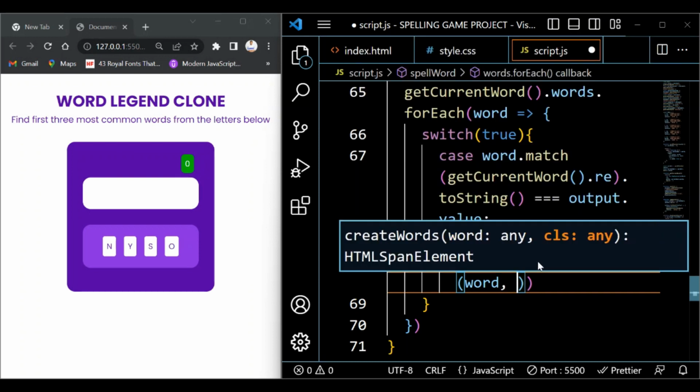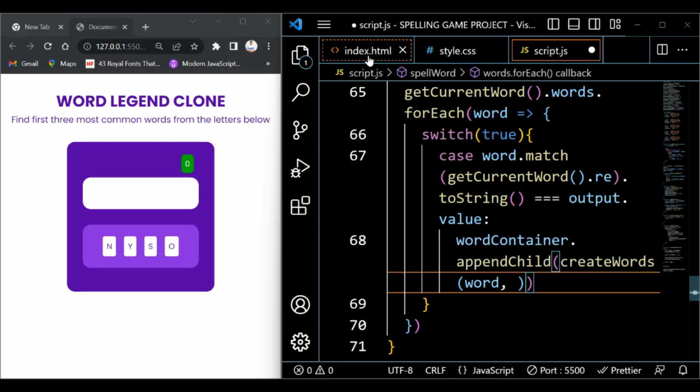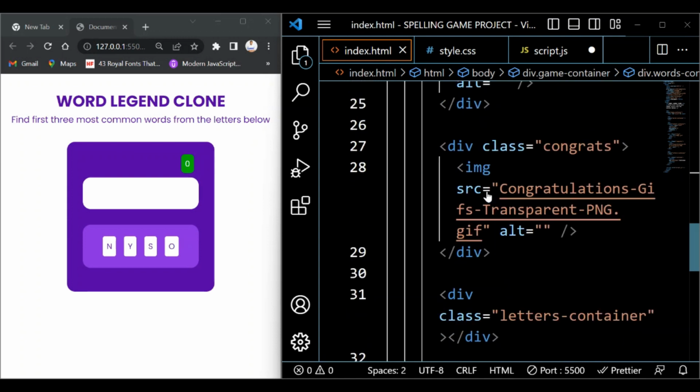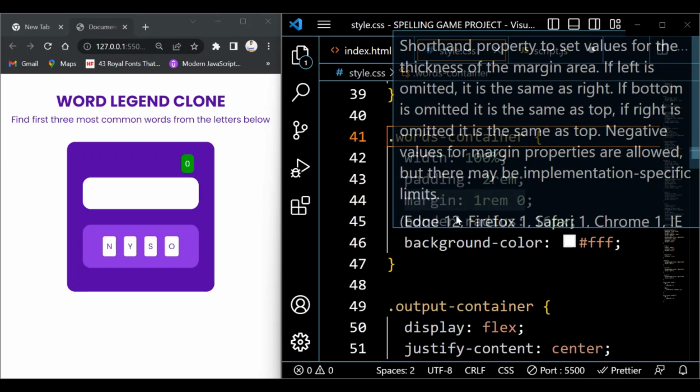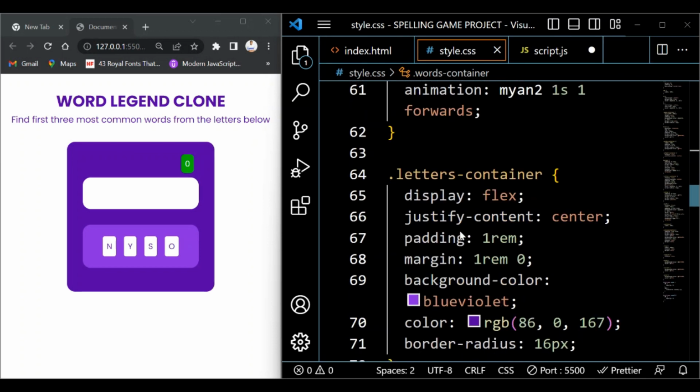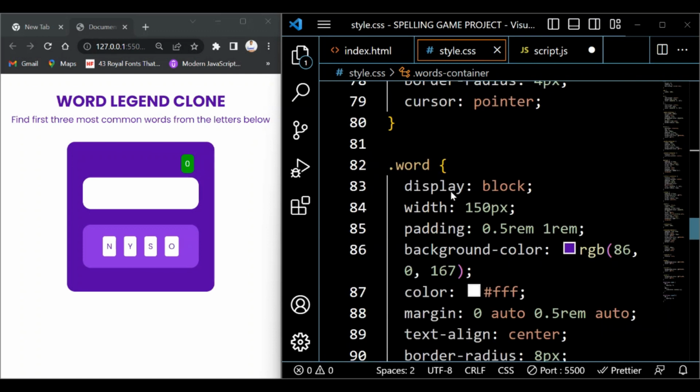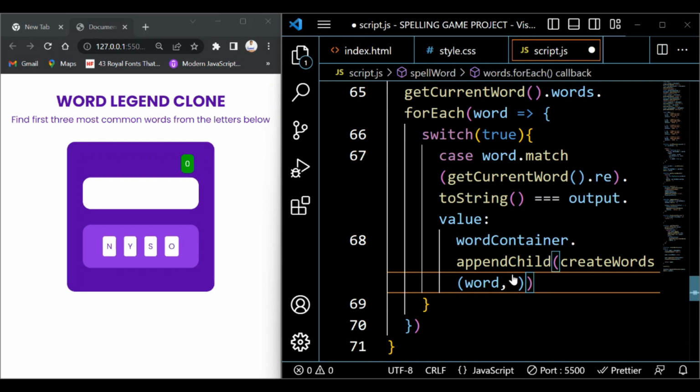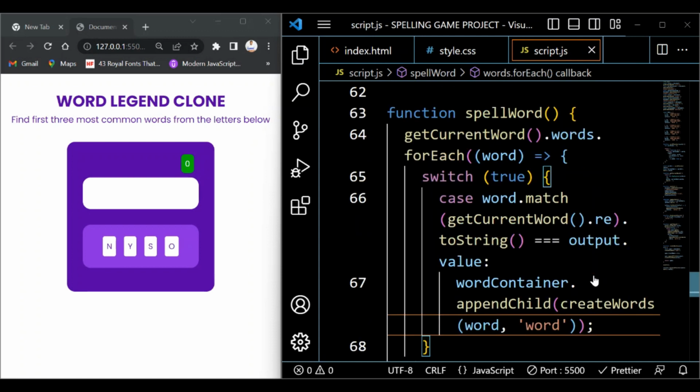Then we are going to pass in, I'm just going to check this, the class over here, the class of word. We are going to pass in the class of word. So let's save, let's click,